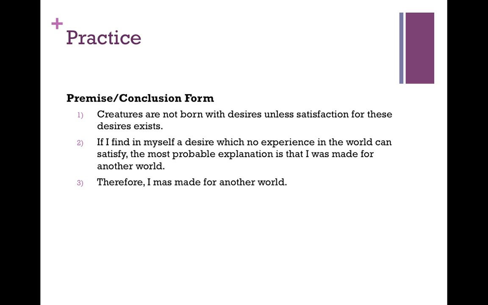Now, how do we diagram this? As I said, there's an assumption this argument's making. We'll come back to that in a second. But first, I want to diagram it so we can see how these premises are being connected, because then I think the assumption will make a little bit more sense. Well, it's confusing. Are 1 and 2 independent premises? Well, they don't really seem to be independent premises. It doesn't seem that 1 is really supporting or giving an independent reason or a partial reason for thinking that the conclusion is true. 2 does seem to be supporting